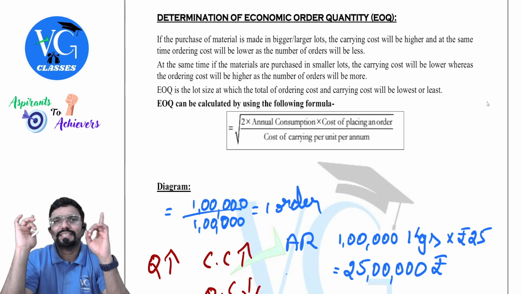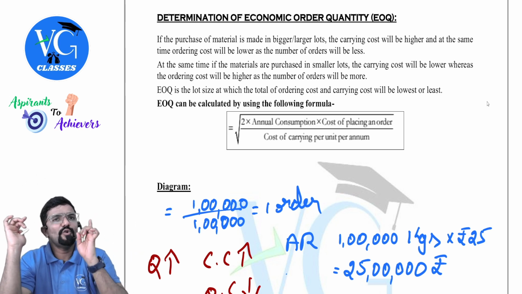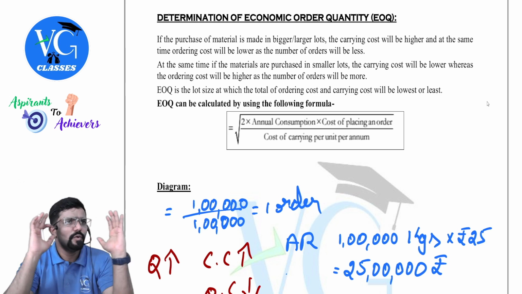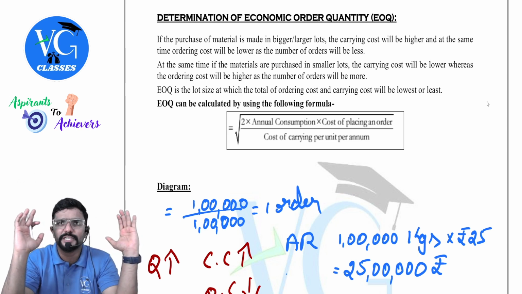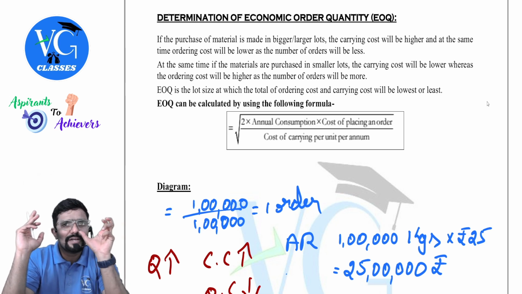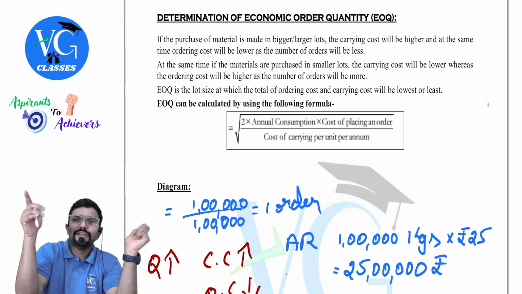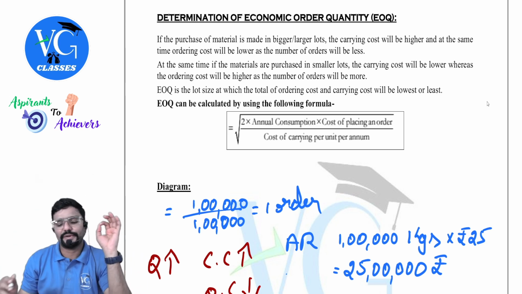If it is given in the percentage, calculate first in rupees. How do I calculate carrying cost in rupees? When it is given in percentage, apply it on purchase price. Hope you understood why we are taking it on purchase price. Clear? The carrying cost or holding cost directly relates to the value of the inventory. Value of inventory here is nothing but purchase price.